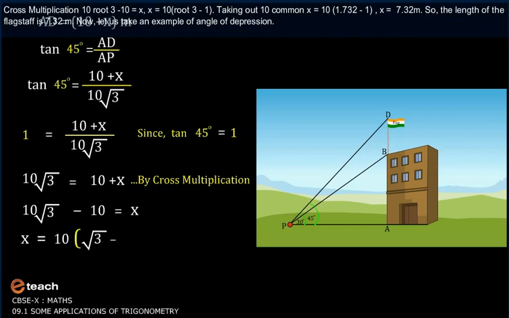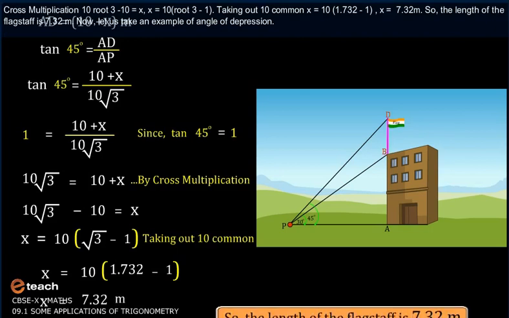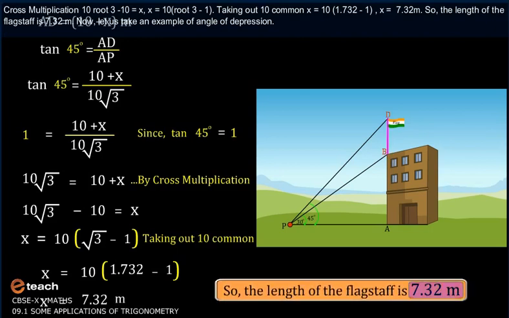X is equal to 10 into bracket root 3 minus 1, taking out 10 common. X is equal to 10 into bracket 1.732 minus 1. So x is equal to 7.32 meters. So the length of flagstaff is 7.32 meter. Now,